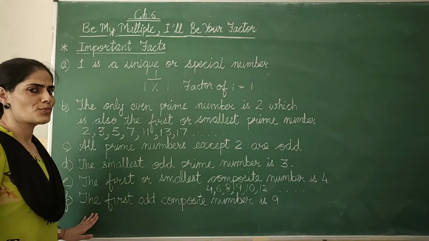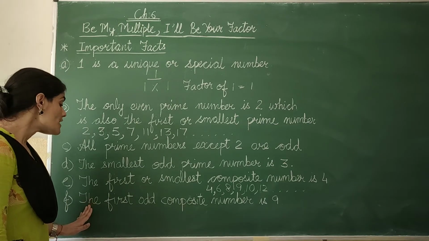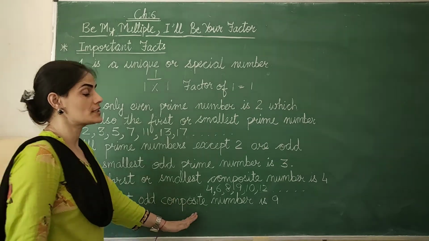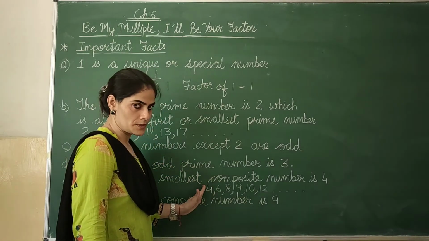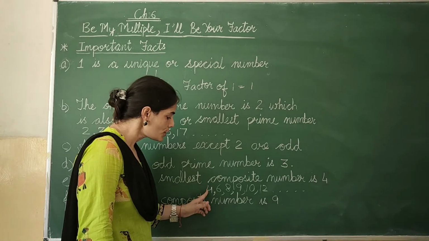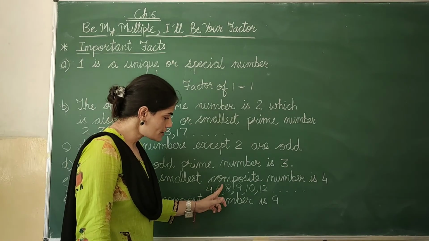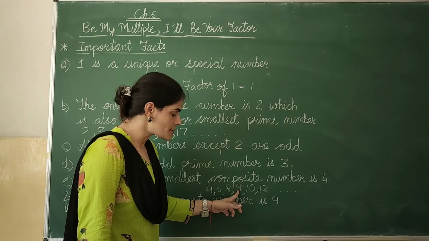Now, one more important fact I wanted to share, and it is the first odd composite number is 9. The first composite number is 4, but if I say the first odd composite number, what do you observe? 4, 6, 8, these all are even. Then we have 9. It is composite and it is